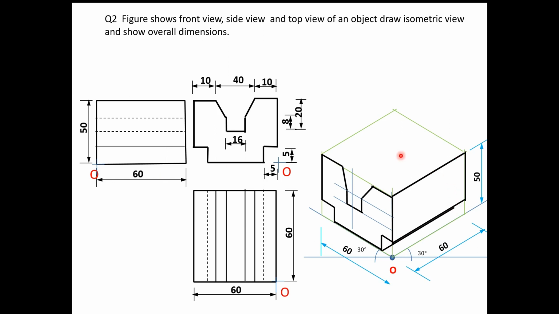Now last is top view remaining. If you see in top view, this face is visible. Again this face is also visible. So that means this edge up to this and up to this. Next, this edge is 60 mm long and parallel to this. So I will draw this. Next, similarly this is also. Then from this edge up to this, join this, and from this edge up to this, join this. Now in this way we have completed the second question.